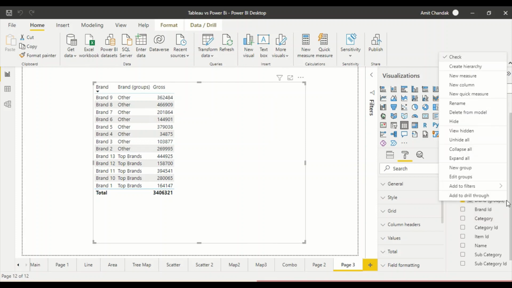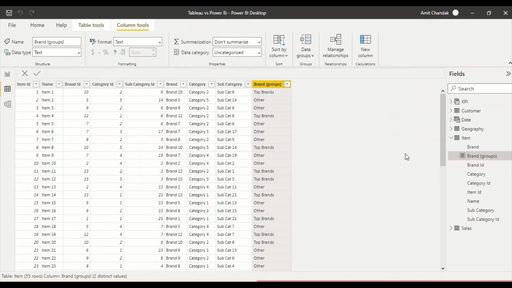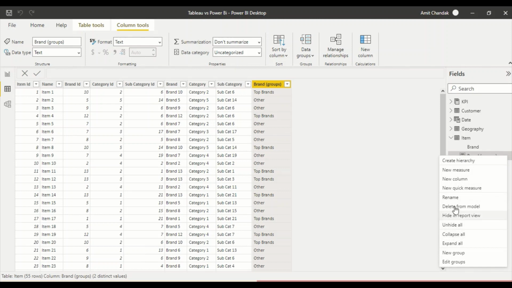Now I can further edit and see what all things we can do. So now we got the top brands. Inside these brands we have this 1 2 3 4 5, and this is added as a new member. If we go to the table part of it, you can see that there is an additional column which is added. It is not showing it as a calculated column. It's Power BI managed. It's not showing any calculation even if it is clicked here. But I can go here and say edit group.